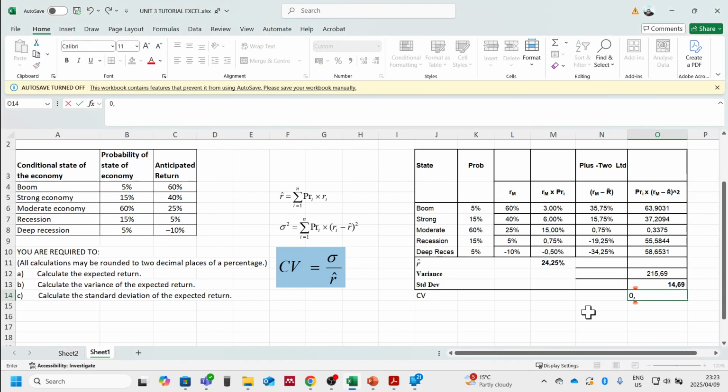So this is 0.61. So what this tells us is that for each and every percent of return that we will earn on this project, we expect the return to actually vary by 0.61. So that's what this actually tells us. So I'm just going to repeat this. What the CV actually tells us is that for every 1% return that the company will receive, the investor can expect the return to vary by